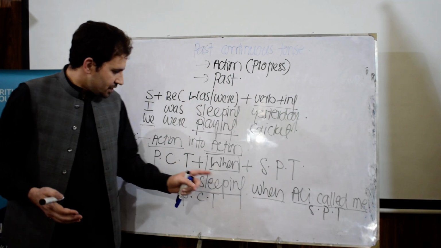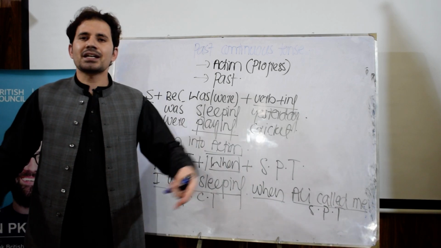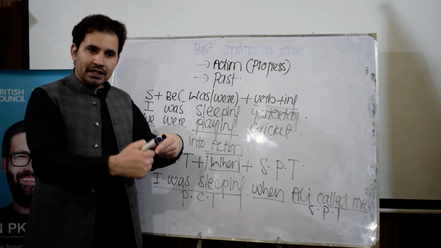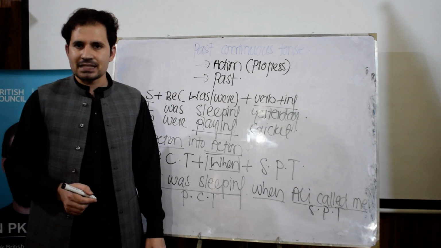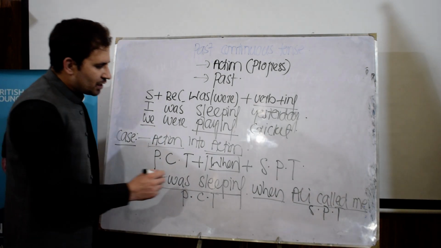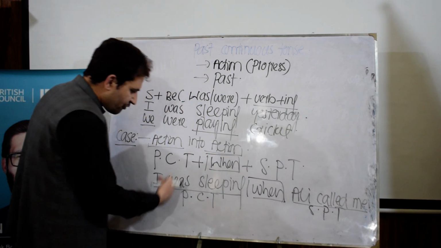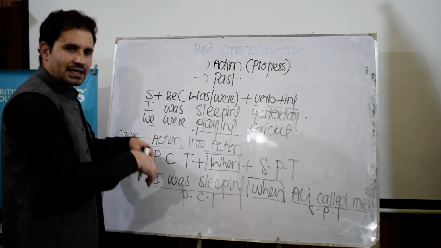Two actions. For the number one action, we use continuous tense, the one that was in progress in the past, and for an action that happened second, we use simple past tense in that case. Remember that we use conjunction when before simple past tense, not before past continuous tense. You can use the same sentence in this case as well.